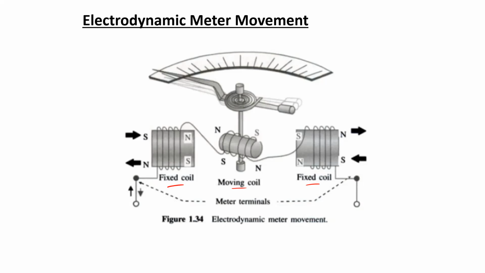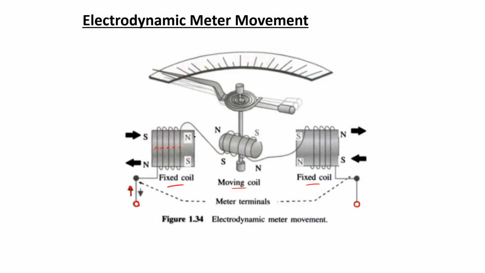Now, first of all, let's see how the movement of the moving coil will take place in this case. So let's say that these are the two meter terminals. Now here we can connect some DC supply. So if some DC supply is connected such that the current is flowing in this direction, then according to the windings in the fixed coil, the current is going to flow in this direction. And also in this,